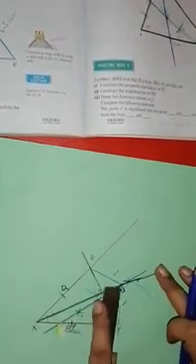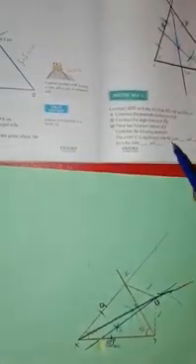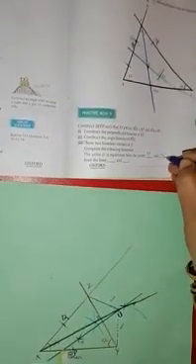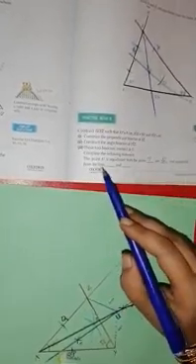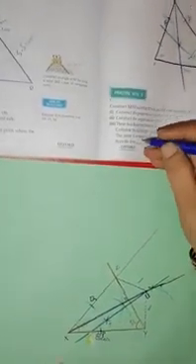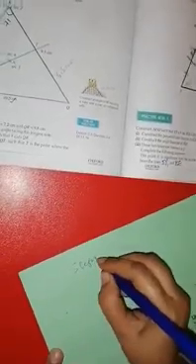Let's see. If you measure, this is 4 centimeter, and this is also 4 centimeter. Hence, the point U is equidistant from points Z and Y, and equidistant from the lines XZ and XY. This is the property which we have learned in our previous lecture. Don't forget to write the steps of construction.